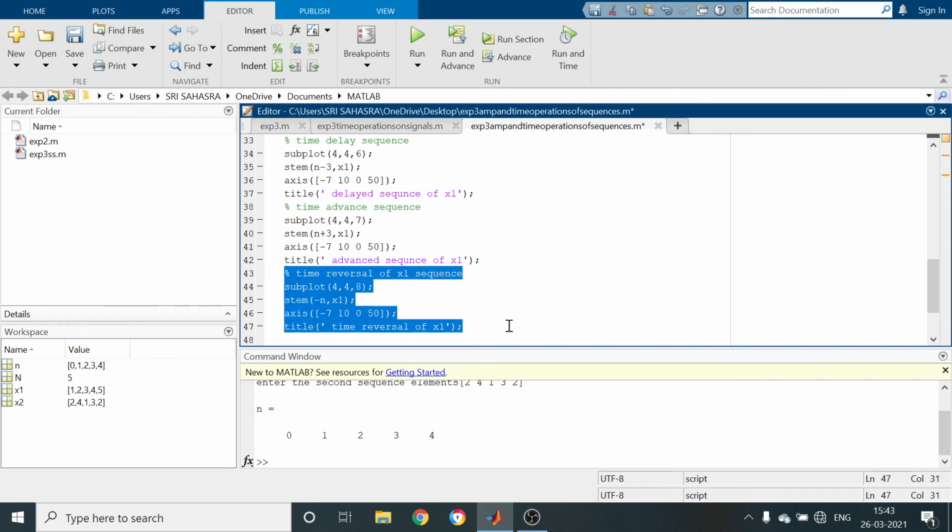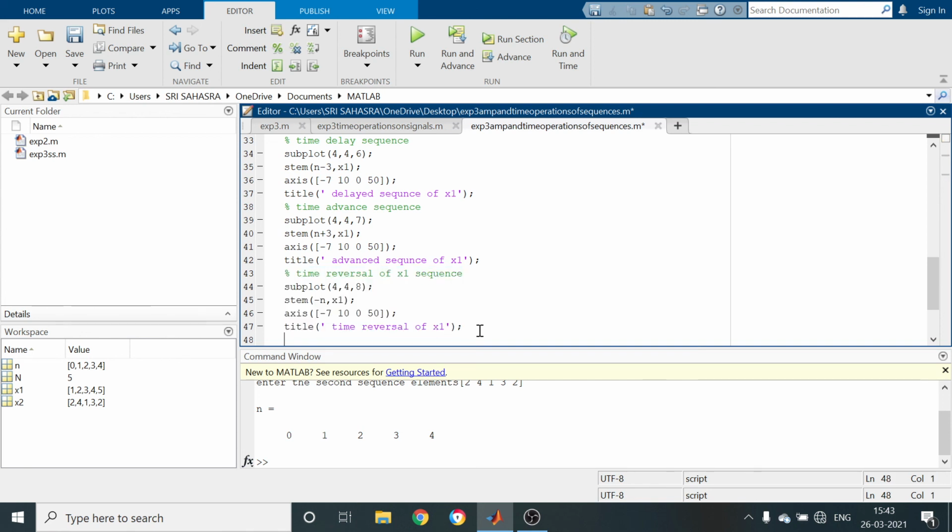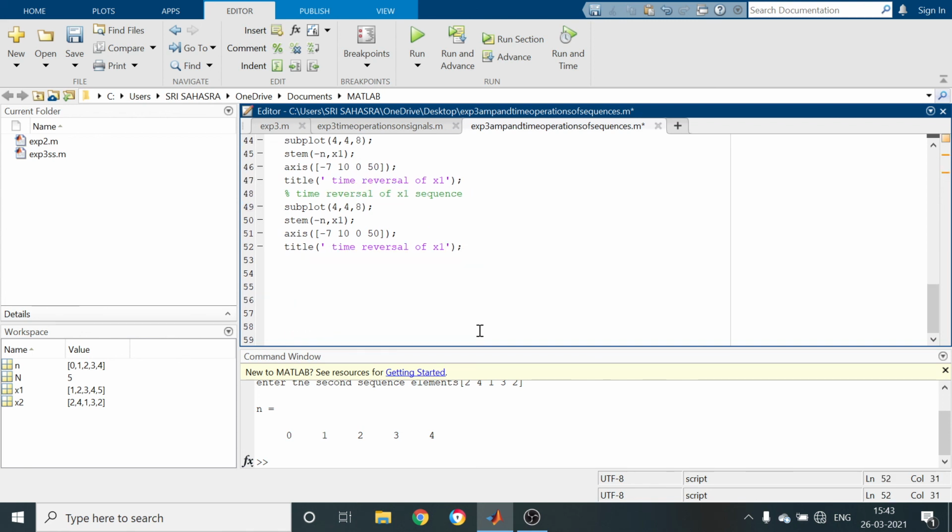Similarly I am going for time expansion, 4, 9. Expansion means 0.5 star, minus 10 to 10.